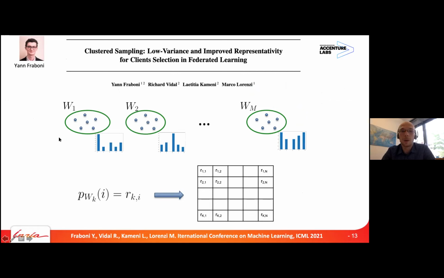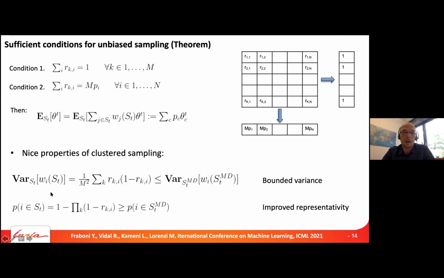So the first one we selected by sampling from this distribution. The second one we select by sampling from this distribution, and so on. So basically we multiply over K the probabilities of not being selected. If you want to know overall whether it's selected in this round, so if it's among the M, we have to accumulate, we have to multiply the probability of not being selected by any of the distributions, which is basically this one. And this is a bound on the original.